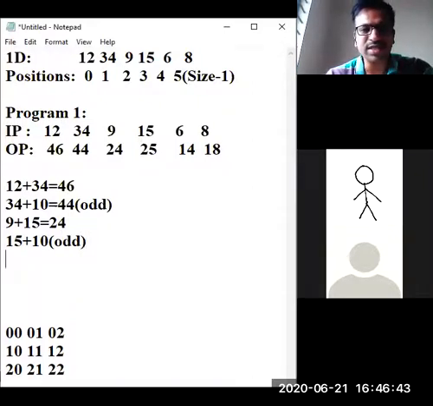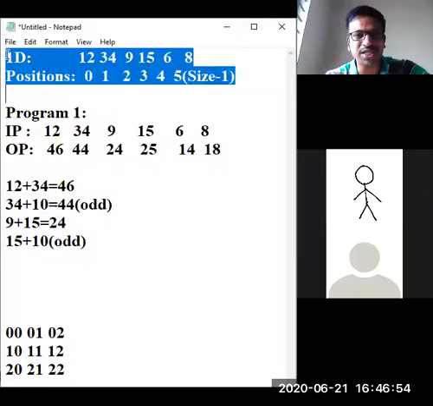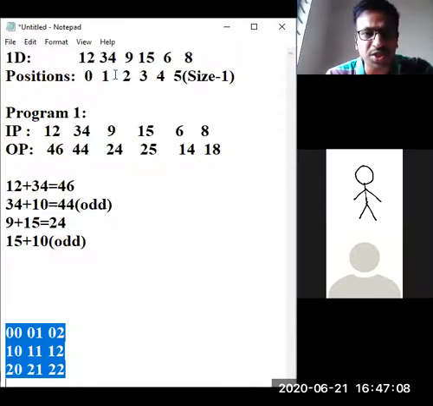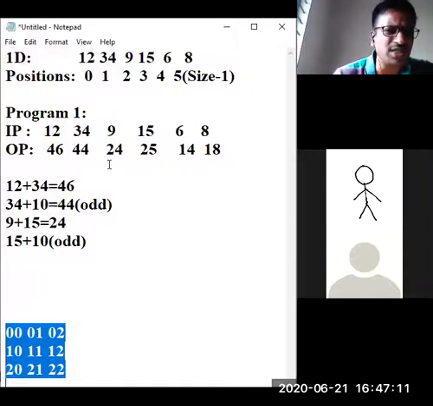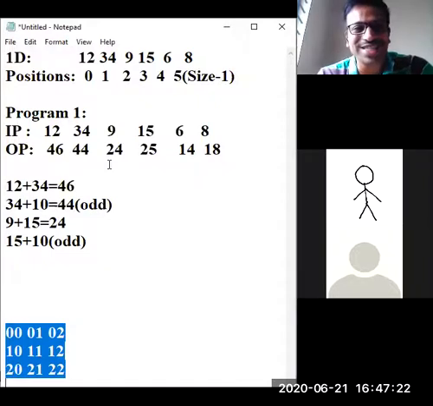Always, for these kinds of programs, there is one and only one technique: focus on positions. That's why I have given this. I'm talking about 1D; 2D is also the same, positions. Earlier I gave these positions, and I'll go into 2D later on. First, let us cover 1D applications. So focus on positions, positions, positions. What is odd? What is even? How are they getting added, subtracted, or multiplied? Here they are added. In your exam, multiplication may come, division may come.